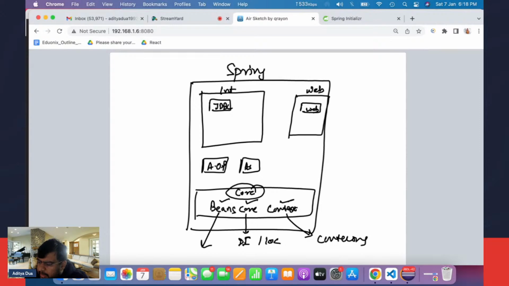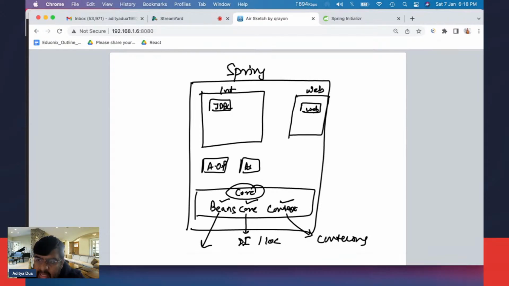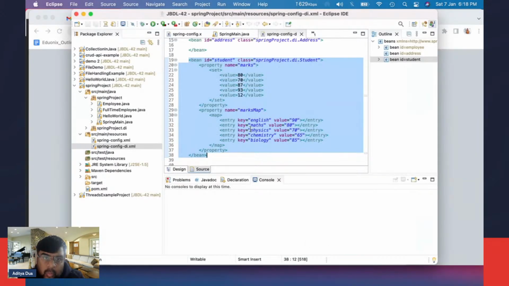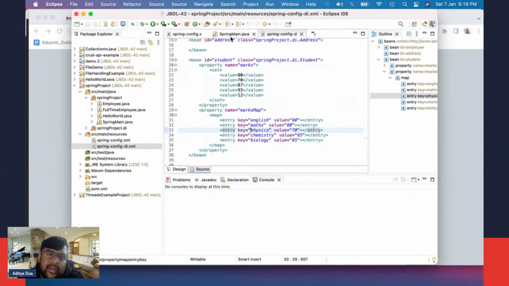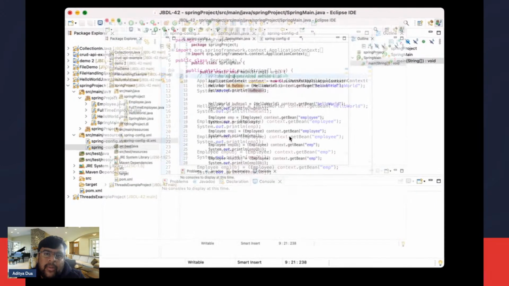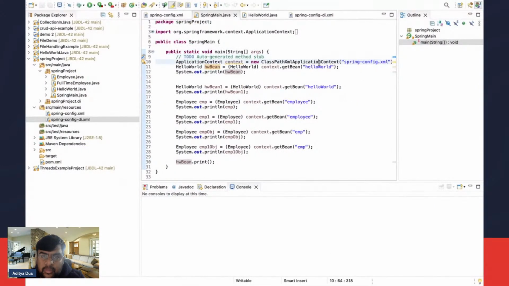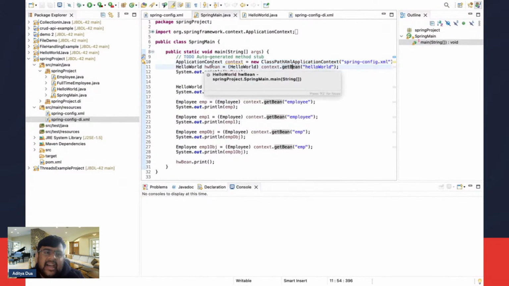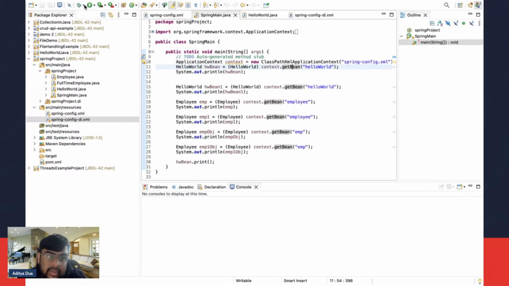Now, if this part makes sense, I will use the example which I had taken, and I'll run this example for you once to understand how it looks. Correct? Now, I know that most of you will be confused. What is application context? What is get bean? What are all these? See, we have to move away from Spring, but we should know what Spring is all about. So, when I run this,